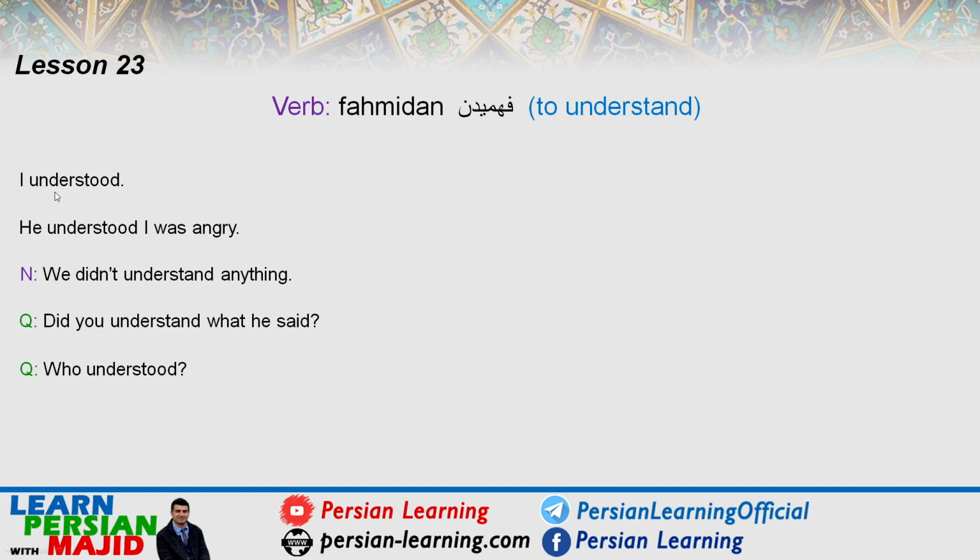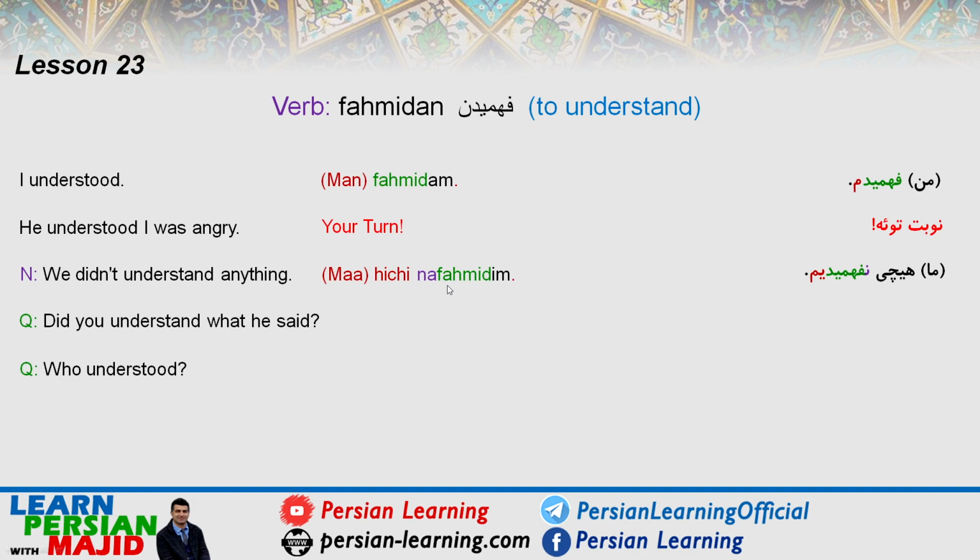فهمیدن. I understood. فهمیدم. He understood I was angry. Again, we have two sentences, and it is your turn. We didn't understand anything. هیچی نفهمیدیم. Did you understand what he said? Again, two sentences. فهمیدی for did you understand, with a question tone. What he said, چی گفت. Who understood? کی فهمید؟